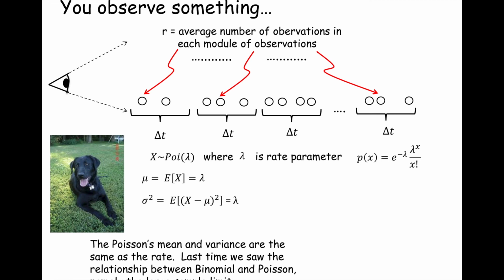And the Poisson is one of the few distributions, not the only, but one of the few distributions where the mean and the variance are the same. They're both lambda. Okay. All right. And so we saw that the Poisson is nothing more than what's called the large sample result for the binomial. It's a funky binomial distribution where the number of trials n is infinite. And you can think of it as flipping a coin at every moment in time. And that coin comes up heads or success whenever you observe an event, right?